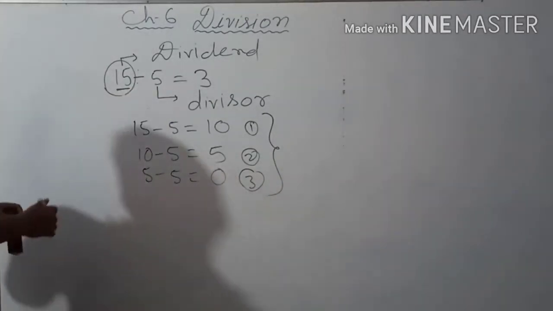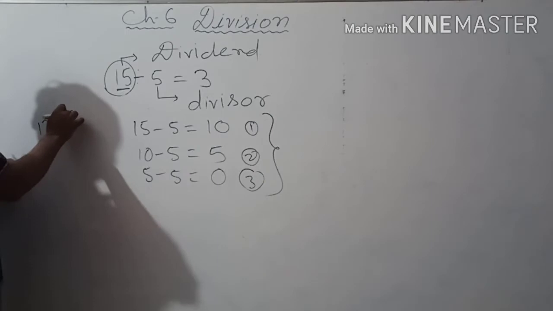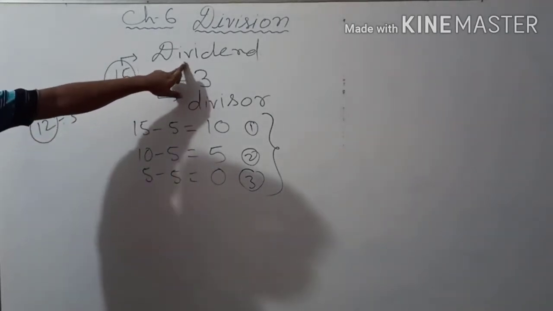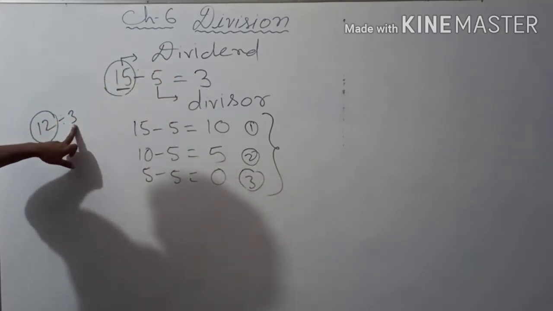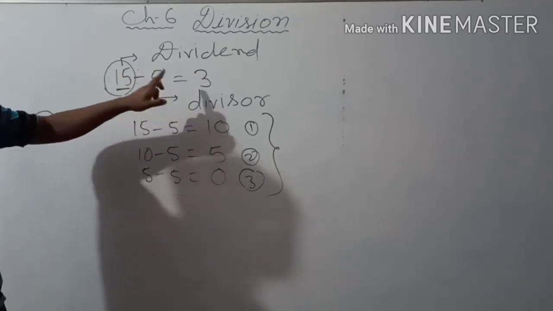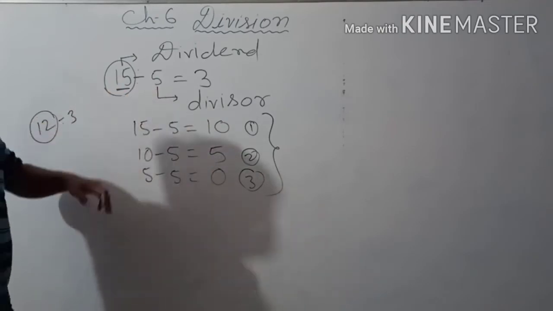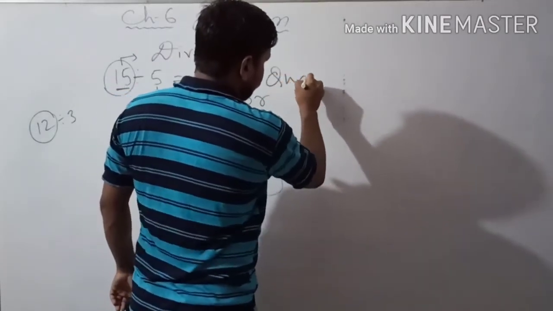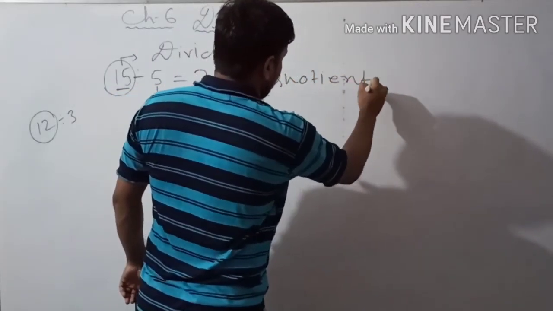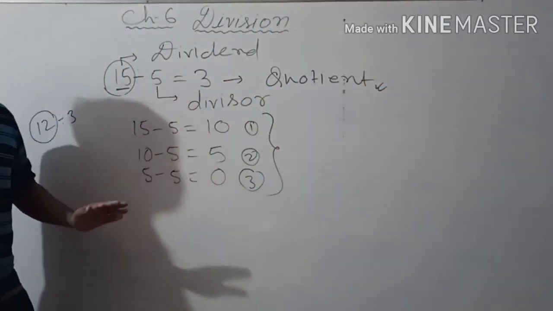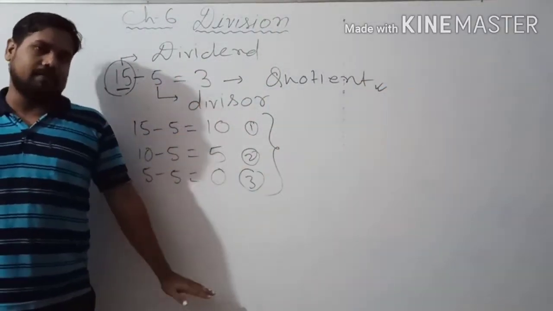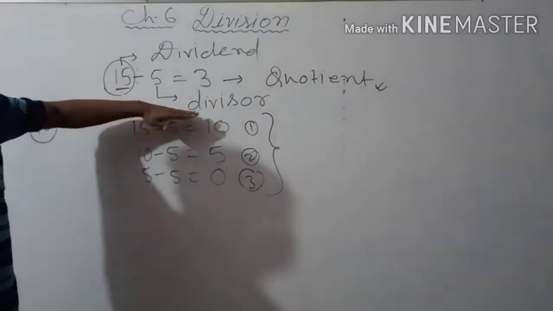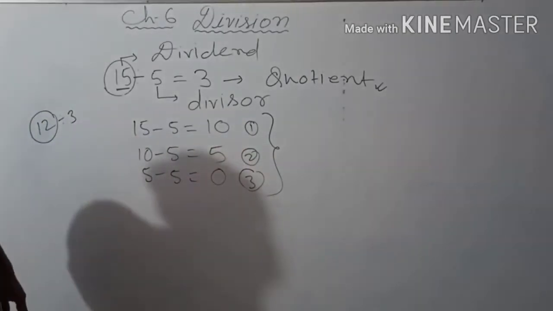जैसे हम लोग ने इससे पहले जो एग्जांपल लिया था 12 डिवाइडेड बाय 3, तो यहाँ पे 12 को हम लोग डिवाइड कर रहे थे तो ये डिविडेंड था, और हम लोग 3 से डिवाइड कर रहे थे तो ये डिवीजर था. तो डिविडेंड और डिवीजर आप लोग को याद रखना है. बाकी रिजल्ट पता ही है, क्वोशिएंट होता है, और अगर रिजल्ट के बाद कुछ बच जाता है, दैट इज द रिमाइंडर. दैट्स ऑल. So the most important thing is to understand dividend and divisor and quotient.